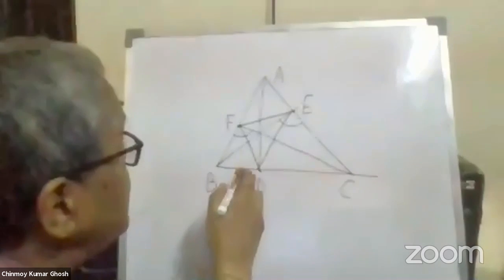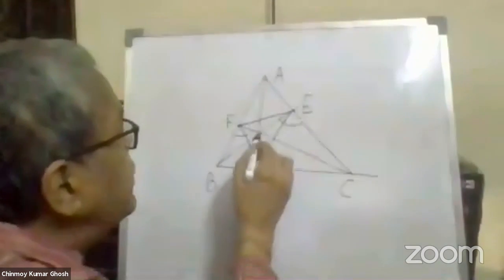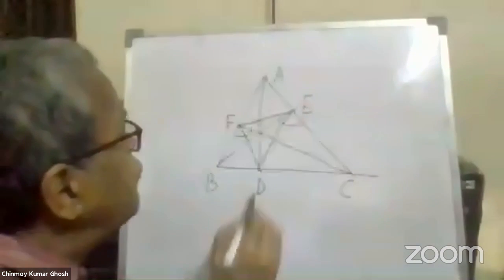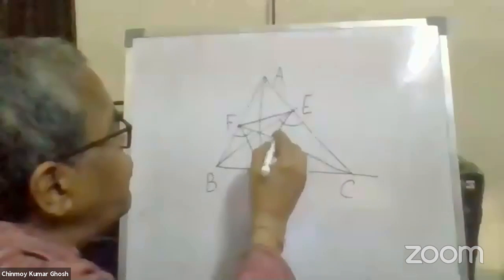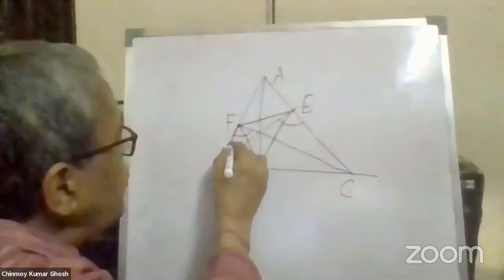Similarly, this is also a cyclic quadrilateral. BDEA is also a cyclic quadrilateral. Yes, BDEA, also cyclic. Now, since BCEF is a cyclic quadrilateral, if you look from the point of view of the straight